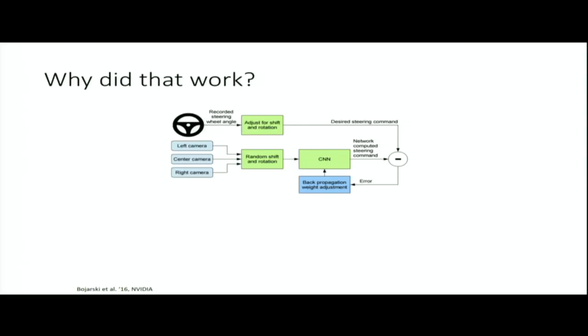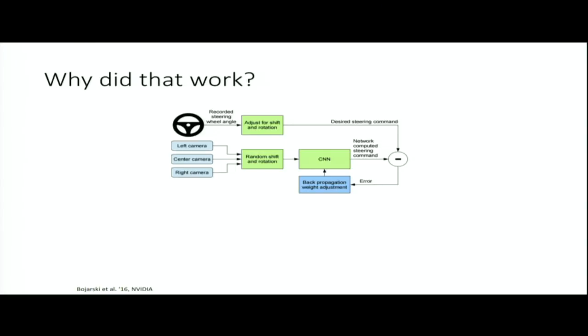So why did that work? What was the thing that addressed this issue of compounding errors? Well, there's a little heuristic that was actually employed in this method that's relatively simple, but in a pretty clever way mitigates this compounding errors problem. If you look in the paper that these guys published, they have a little diagram of their system. There's a little steering wheel, there's some CNN in there, there's some errors. But the suspicious thing is right here. There's a center camera, left camera, and right camera. Now, what the heck is going on there? Well, the decisions are actually only made at test time using just a forward-facing camera.